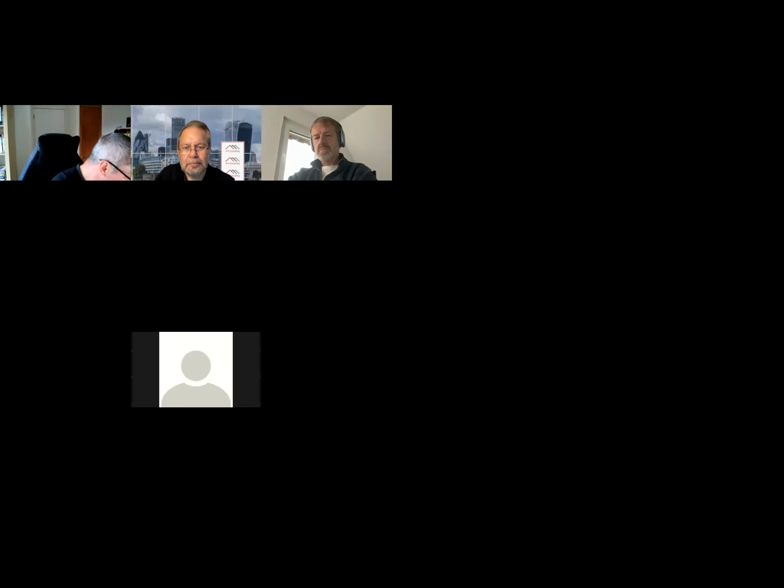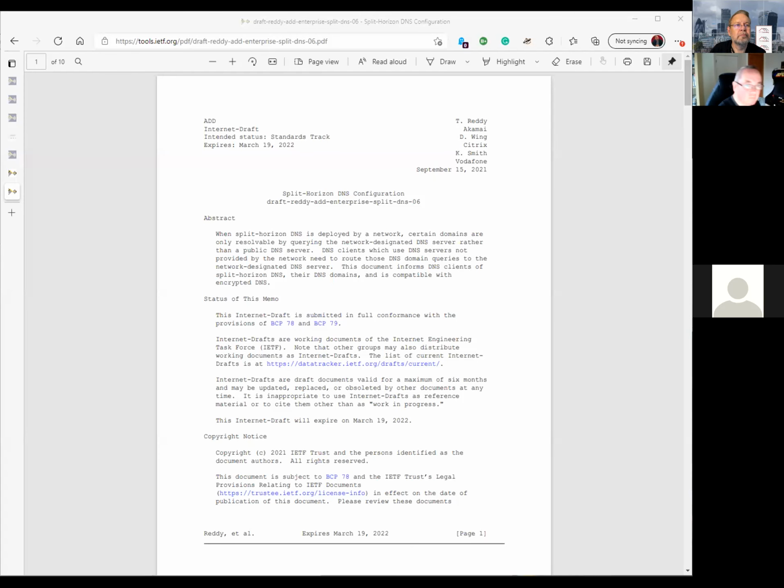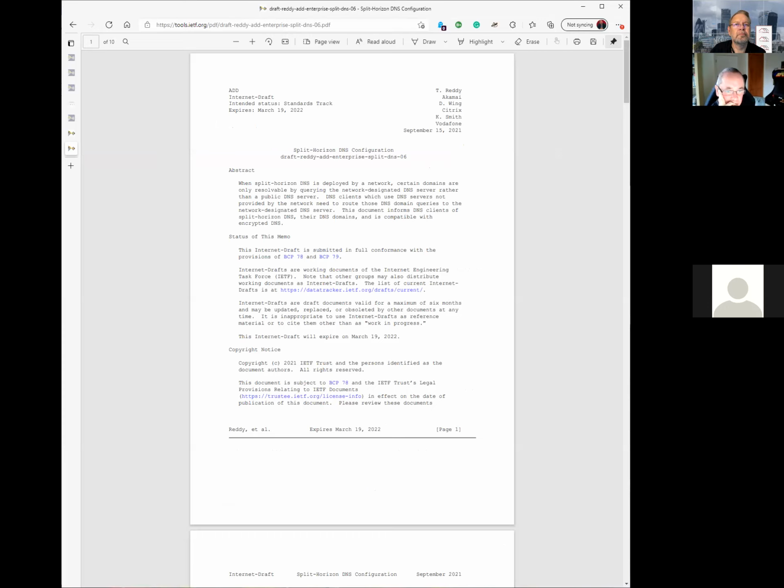What we realized was that as part of when we published the initial version of the drafts, based on the feedback that we got from ISPs, there's several use cases where mobile ISPs have private domain names and they want only the subscriber to access these services. Either it could be to pay bills, or it could be to access specific content providers that could be accessed because you're a subscriber. And with that change, what was discussed was, let's make this more generic, that split horizon DNS configuration is not just specific to enterprise, but is applicable to other types of networks. And then we started updating the draft